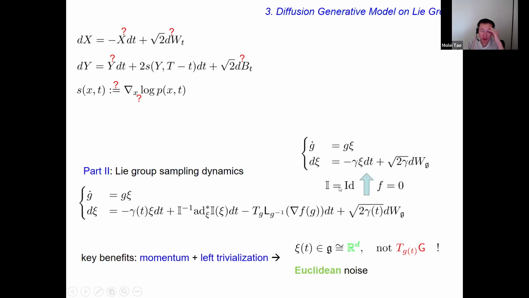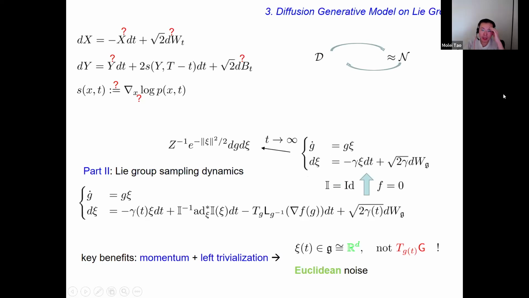So to see this better, let's just consider a simple situation. F is going to be 0, just for easier understanding. And then the dynamics looks like this. What it does is you can start with anything, and then you will converge to Gaussian in the momentum variable and uniform in the position variable.